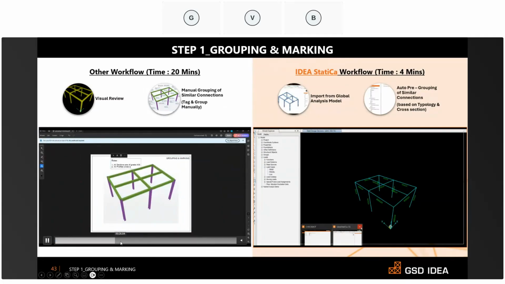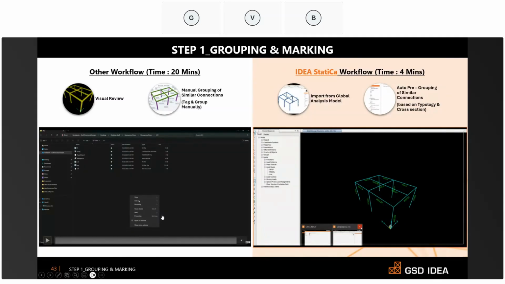We started marking the general nodes, like beam to beam connection, base plate, beam to column flange, and beam to column web. Finally, we summarized the number of connections required for the nodes, which is 4. And the entire process took us 20 minutes. Coming to the IDEA StatiCa workflow,